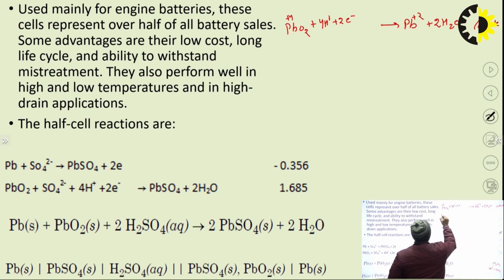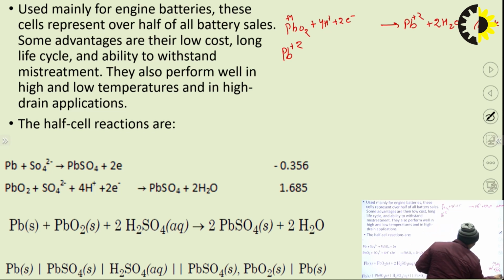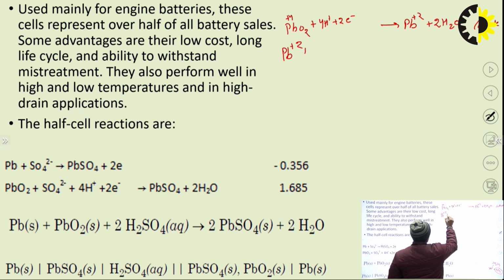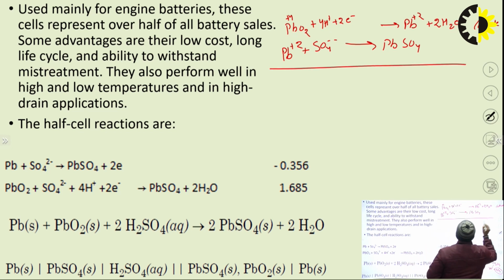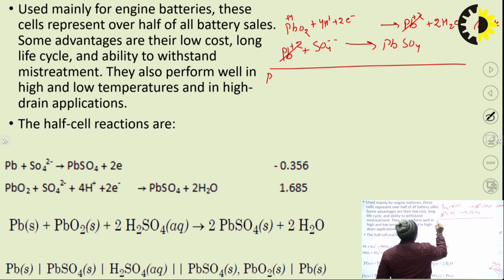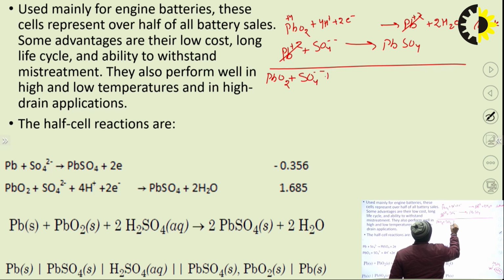This Pb2+ ion again interacts with one more sulfate ion and it forms PbSO4. The net cell reaction will be, this will be cancelled out, and this is PbO2 plus sulfate ion plus